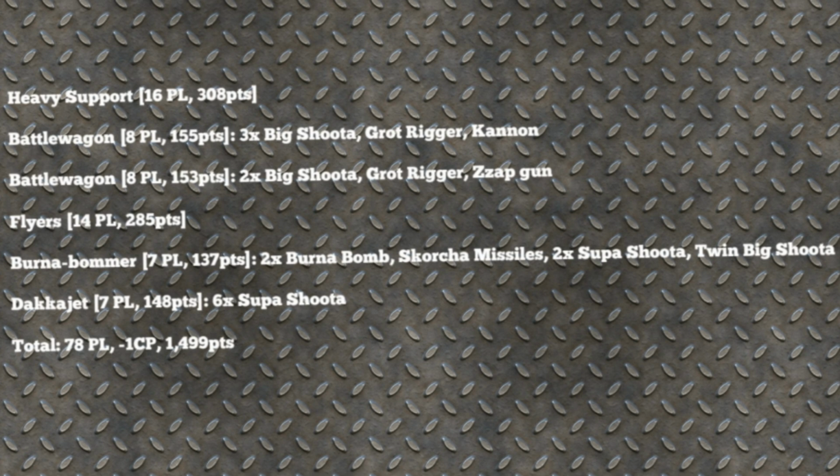Last but not least, I've got 2 flyers. We've got a burner bomber, which is the fighter bomber, but I'm using it as a burner bomber. That's got the burner bomb, scorcher missiles, 2 super shooters and twin big shooter. And the other flyer is a Dakka jet, and that's got 6 super shooters, not 4. It's got an extra 2. Nicey nice. And that brings us up to